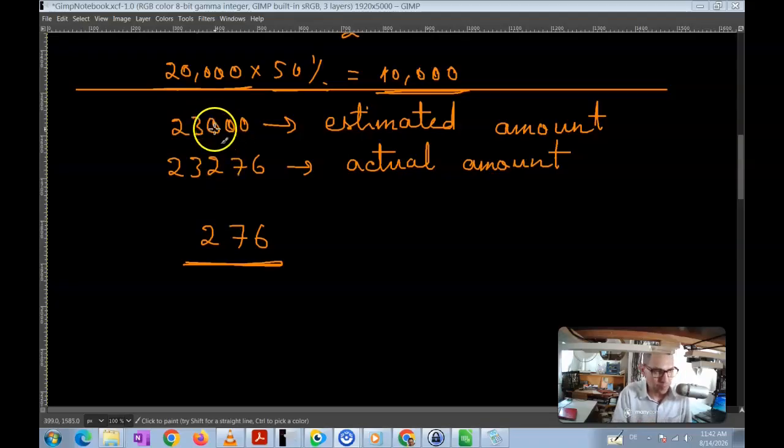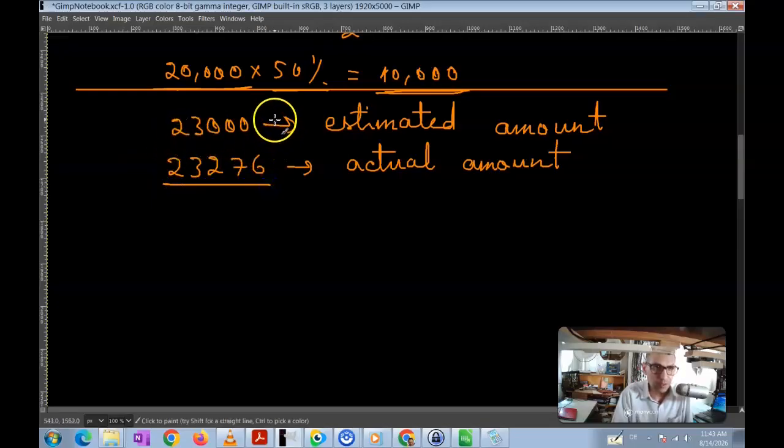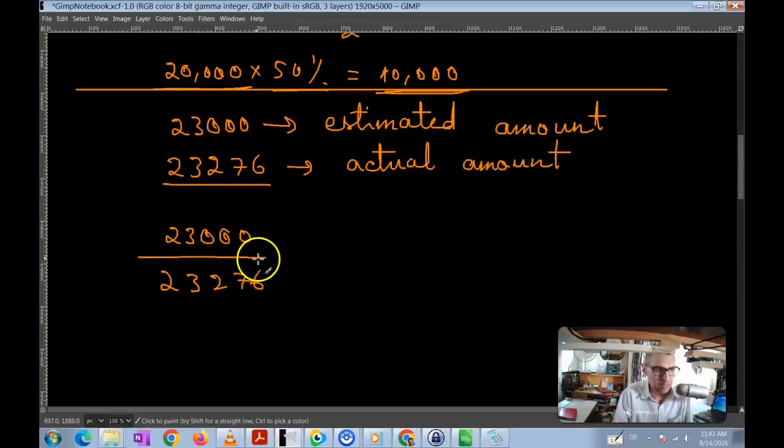So when you want to take the context into consideration, you can simply use the percentage, right? What I can say is that the actual amount that was supposed to be the result of this calculation was 23,276, right? And the amount that we estimated was 23,000, right? Which means that if I take the ratio of these two numbers, meaning 23,000 divided by 23,276, that gives me